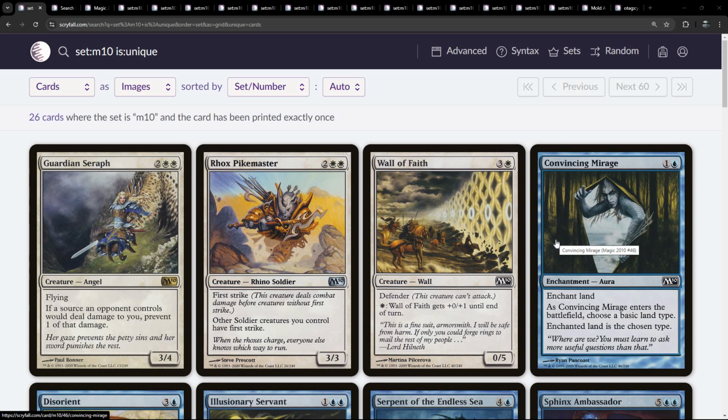So, a little bit different form of slicing in this episode. I am going to be looking at a single set, M10. But something I started thinking about recently, or returned to thinking about recently, is the whole idea of unique cards in core sets. If you're familiar with how core sets have evolved over time, you'll probably know that